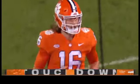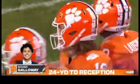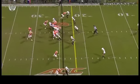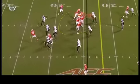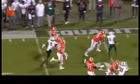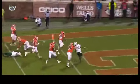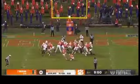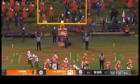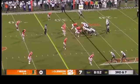It's one of those plays where Clemson's offensive line, Trevor Lawrence rolls. See him right in the middle, right there. Actually gets a little jump. Look at the lineman. Look at the Clemson lineman. Then they throw it. Now look at the convoy. It's an orange wall. Look at 79 Jackson Carman punishing people, and down play by Miami. Just had a sense that this Canes defense was going to have a